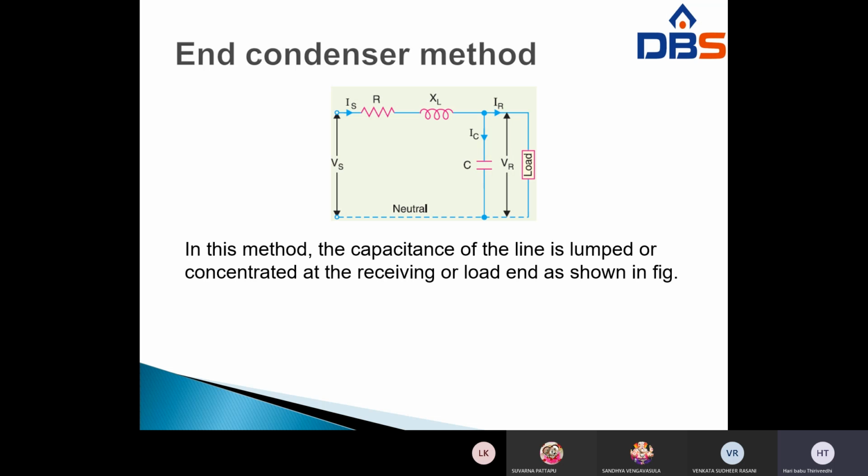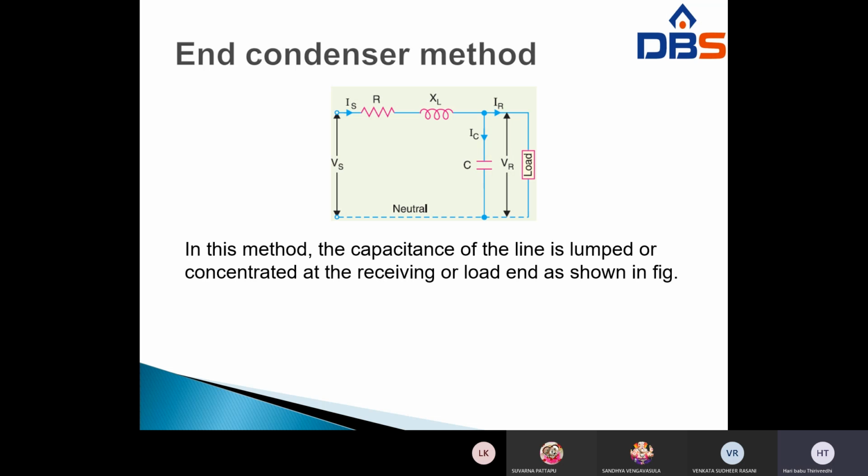VR is taken as the reference phasor, taking the receiving end voltage VR as reference. That means VR is equal to VR plus j0, and IR is the receiving end current that is lagging by some angle, that is phi R, same as the before phasor diagram. And ISR is in phase with IS, and ISXL is at 90 degrees. Now the combination of VR, ISR and ISXL is nothing but the sending end voltage,